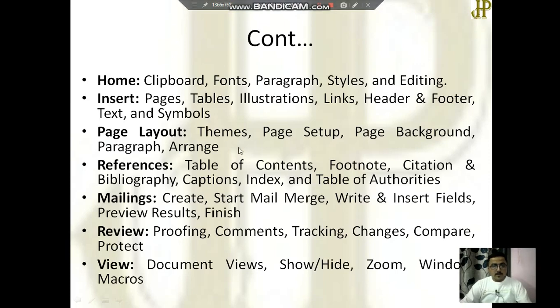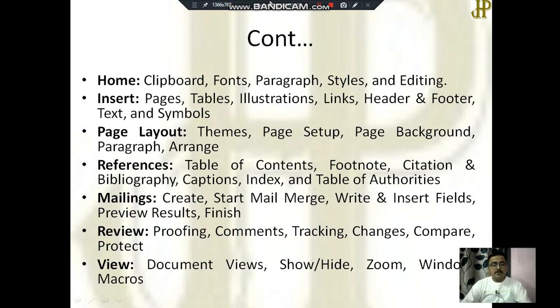So here is the collection of some points that we have covered in these 7 tabs. What are they? In Home, you can see the fonts property through which you can change the fonts, paragraph, style and editing properties.